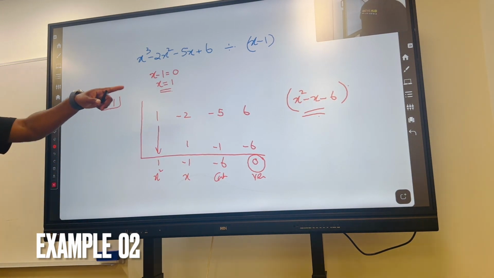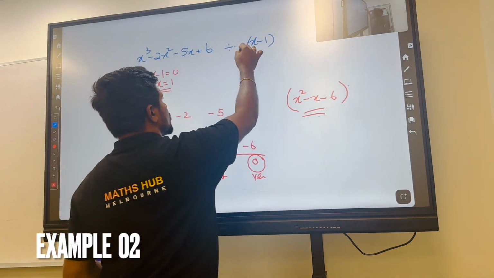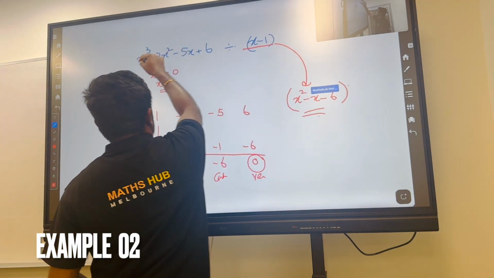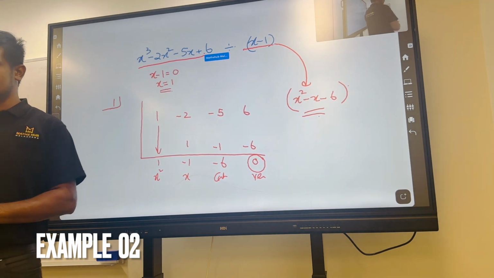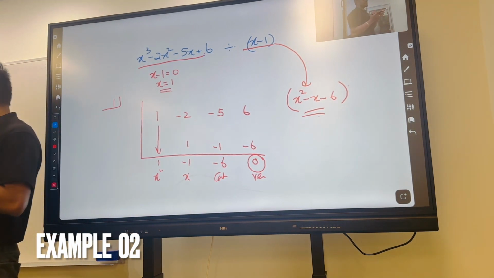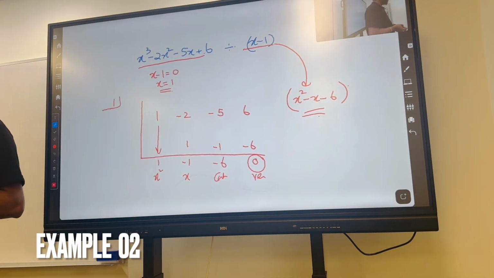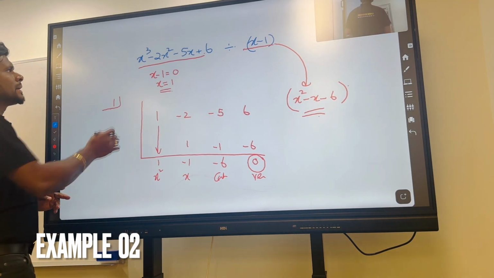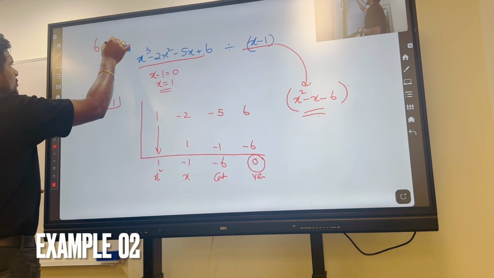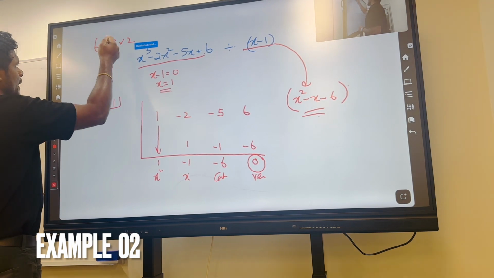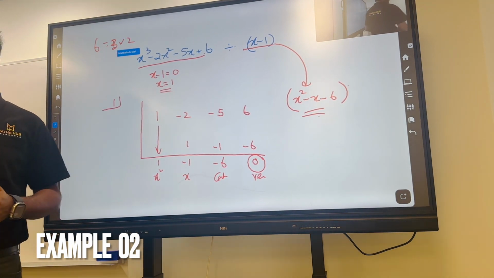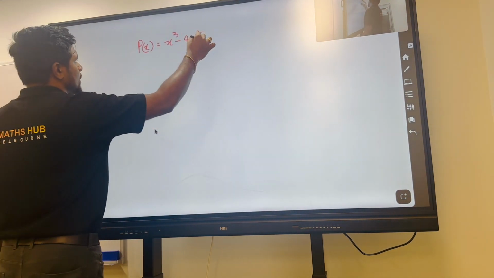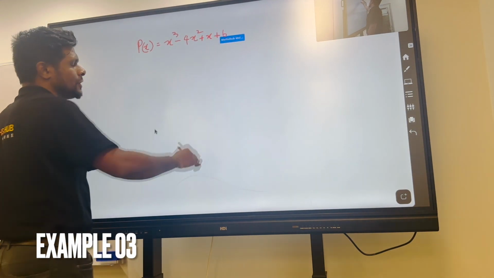It doesn't come up as x cubed. Why? Because x minus 1 multiplied by this, you will get that. Make sense? Right? That's why we call them factors. It's like 6, we can write down 3 times 2. So we can say 3 is a factor of 6 and 2 is a factor of 6. Plus x plus 6. You divide by